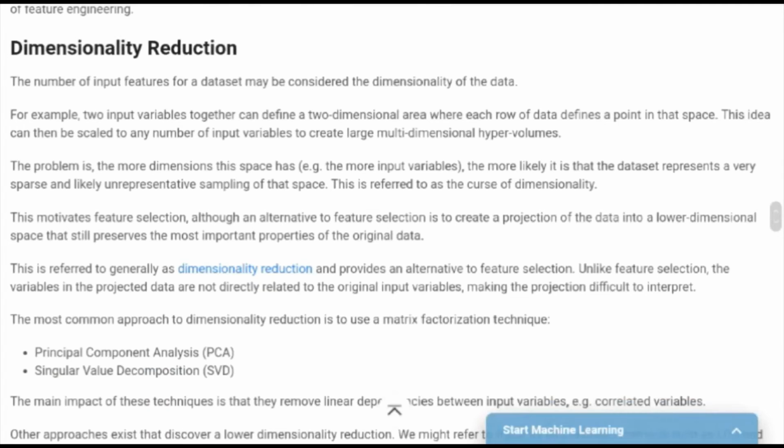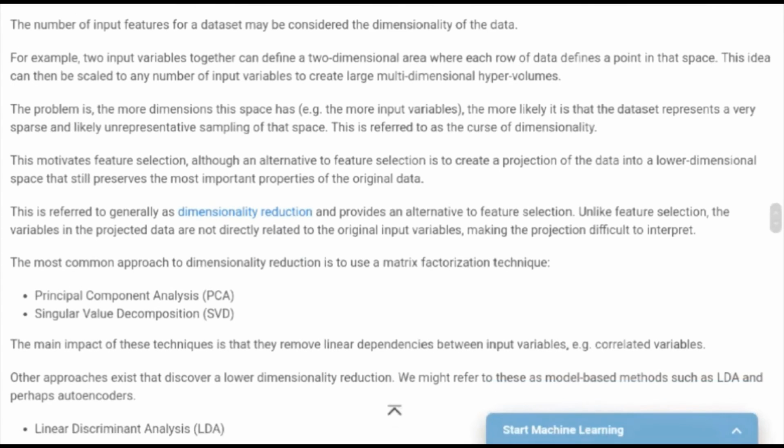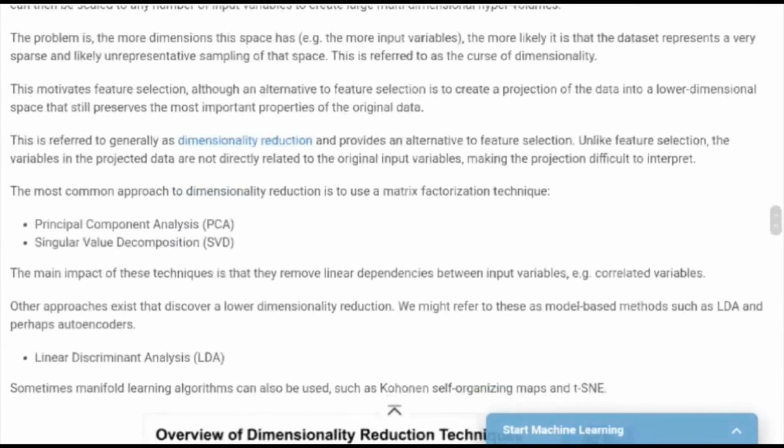The last step is dimension reduction. In this method, the number of input features for a data set is considered, and principal metrics for dimension reduction are used.